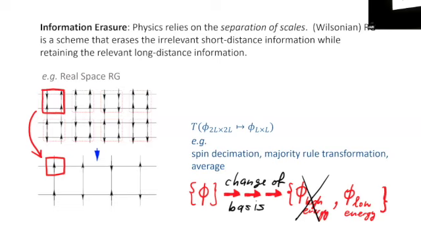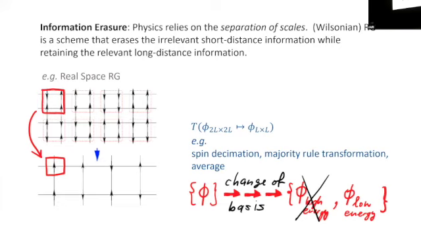Okay, so that's the idea. So suppose I start with some theory that contains all kinds of high energy degrees of freedom, which I don't care about. What do I do? So RG, I mean here by this RG, Wilsonian RG, is a scheme,